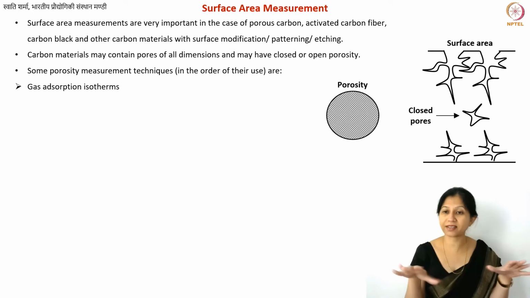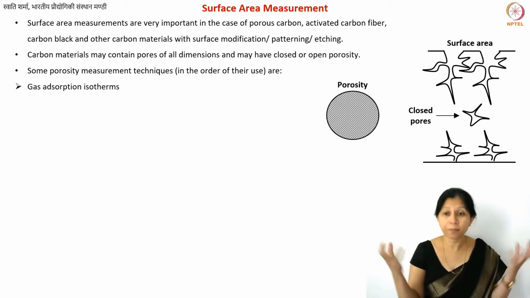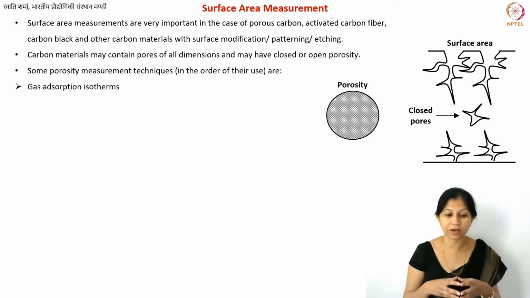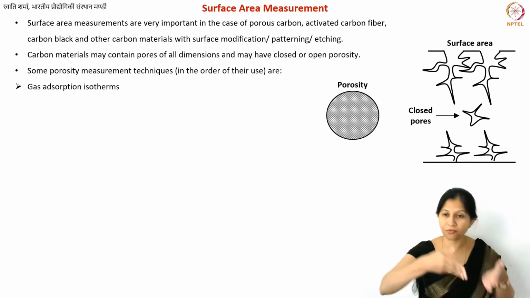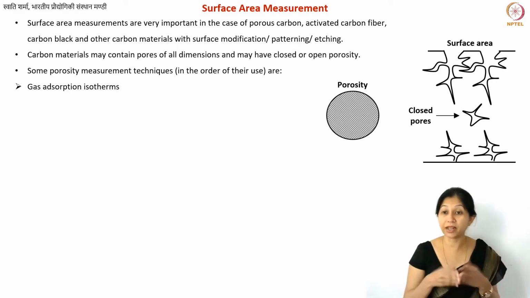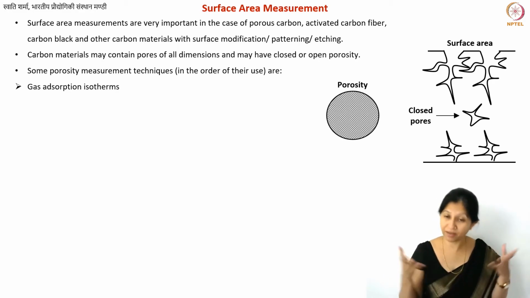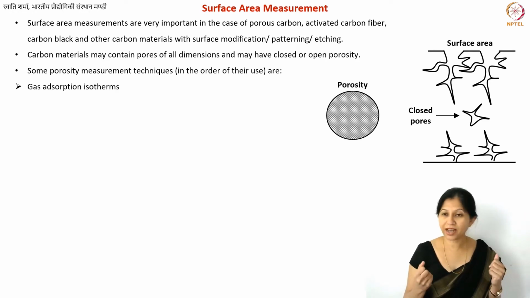If this is a flat surface, then the number of these molecules will be less. If there is more surface area, more molecules will go and they will go inside these sites or pores. If they can go far inside the material, then there are even more molecules that are going inside the material, right? How do you measure that? Well, one easy way to measure that is that you observe the change in the pressure of the gas, the partial pressure, because that is very much possible.